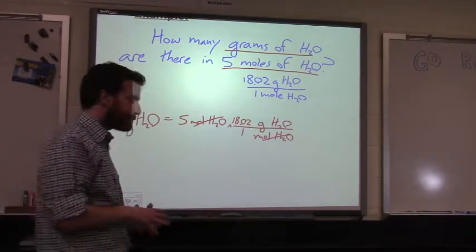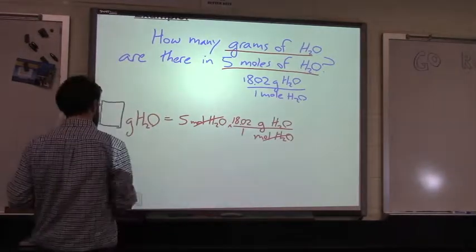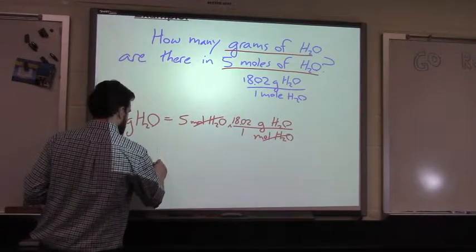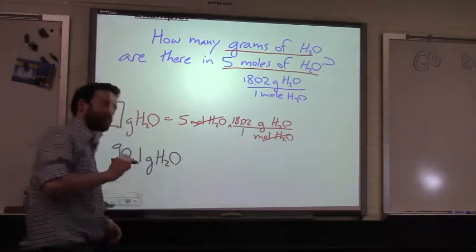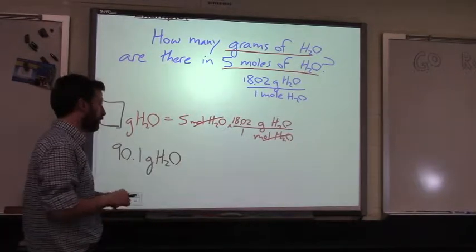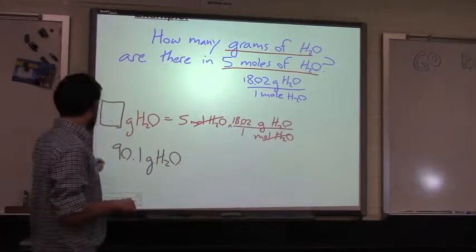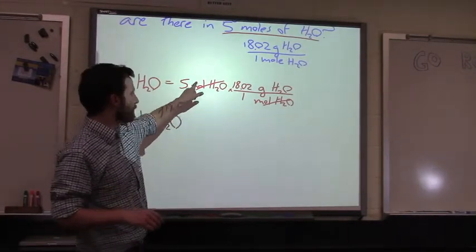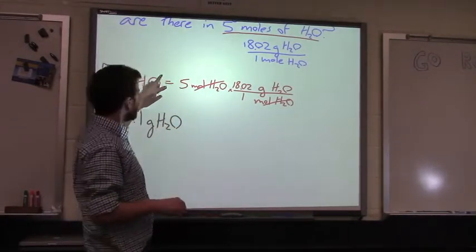Comes out to be 90.1. So 90.1 grams of H2O is how many grams of water there are in 5 moles of water. Know that I could take this same question, and if I wanted to go instead from moles to grams, I